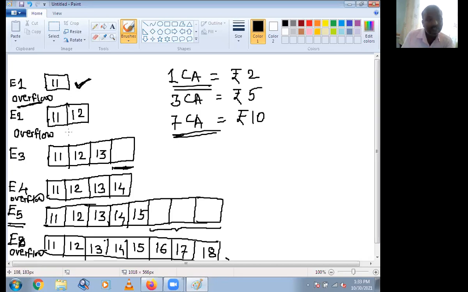For inserting the next element, you have to arrange a memory space double the previous and copy the previous contents as they are, and then insert the new element. The second time, it also becomes overflow when you have inserted the second element. Are you getting?